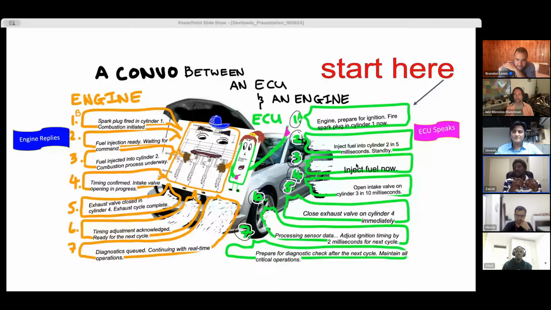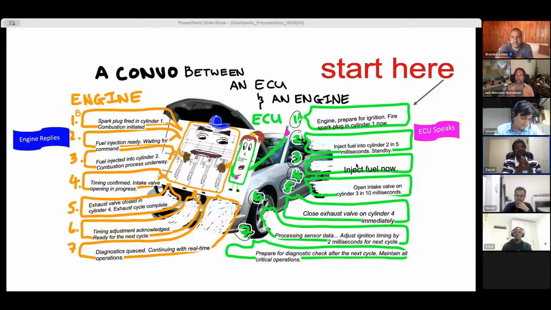Okay, priority inversion. And Ming shared a really good link there. But a simple way of doing it is, imagine a situation where you have a very important task that needs to happen, like putting fuel into the chamber for combustion. But this needs to wait for the UART logging service to release the UART so it can talk to something on the other side of a UART connection. It needs to wait for that.